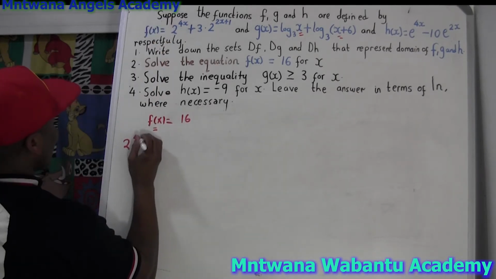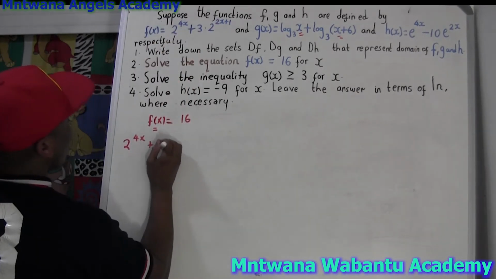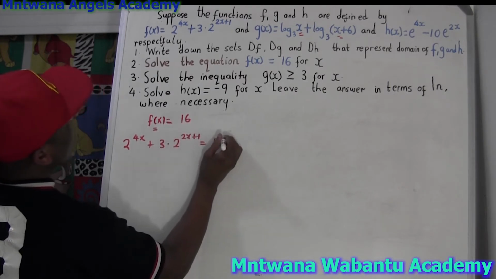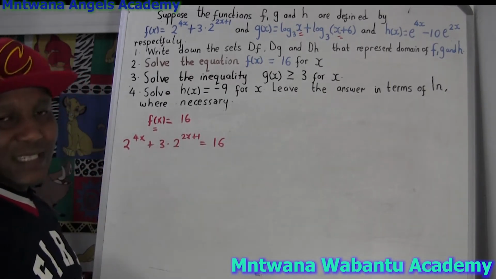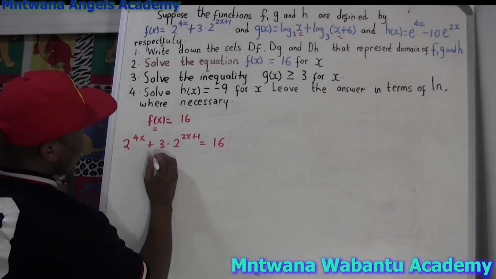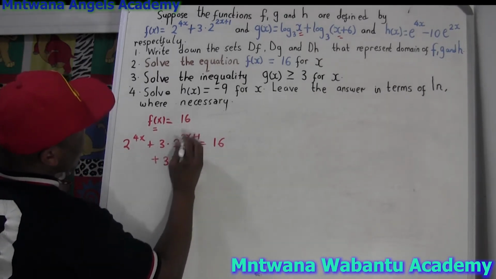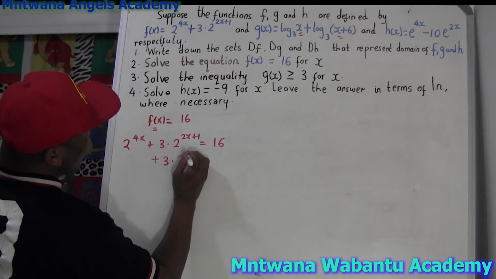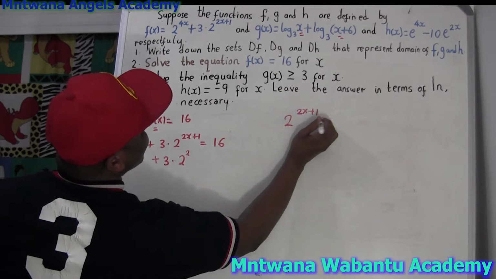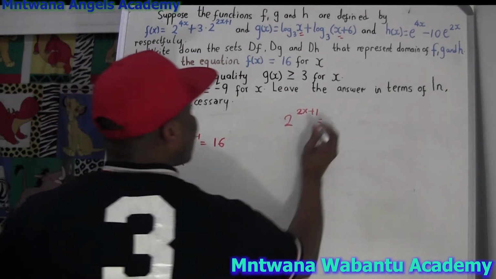And then this is going to be 4x. And then we plug in 3. And then we get 2 power 2x plus 1, and then equals 16. But this is quadratic. I'm going to show you how. Look. So what I'm going to do, I'll say this is going to be 3. And this is going to be 2 power 2, because from the mathematical rule, if I have 2 power 2x plus 1, I can say this power